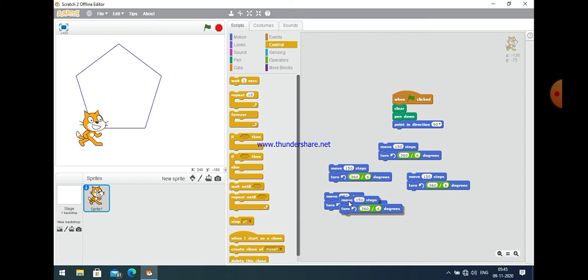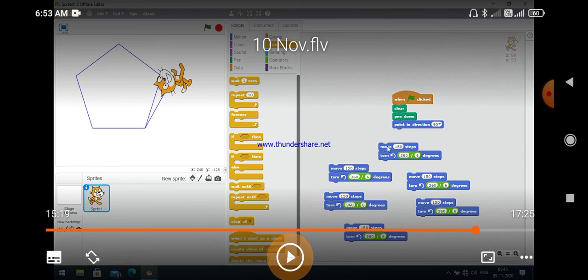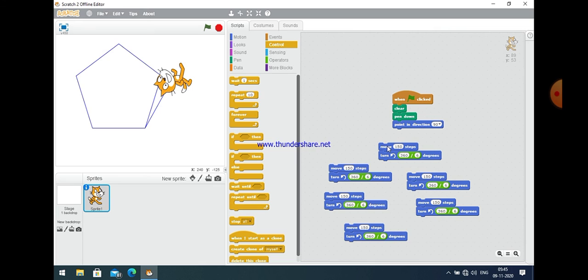So you have to create 6 copies of both these commands: move 150 steps and turn. Now you can easily see here that a total of 6 pairs are there, and in each pair there are 2 commands: move 150 steps and turn 360 by 6 degrees.